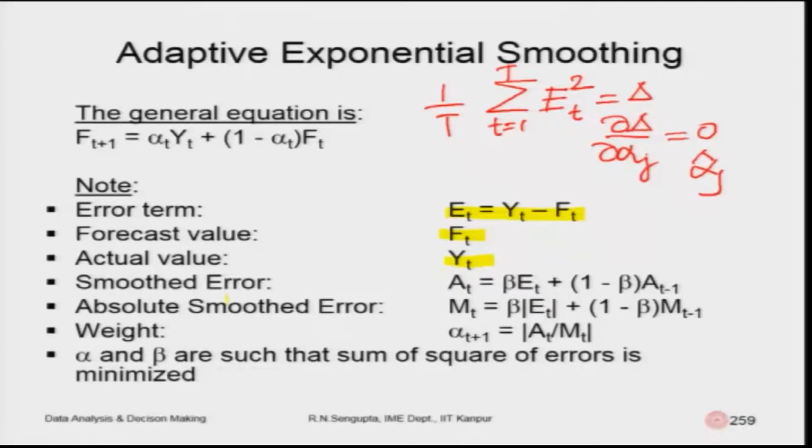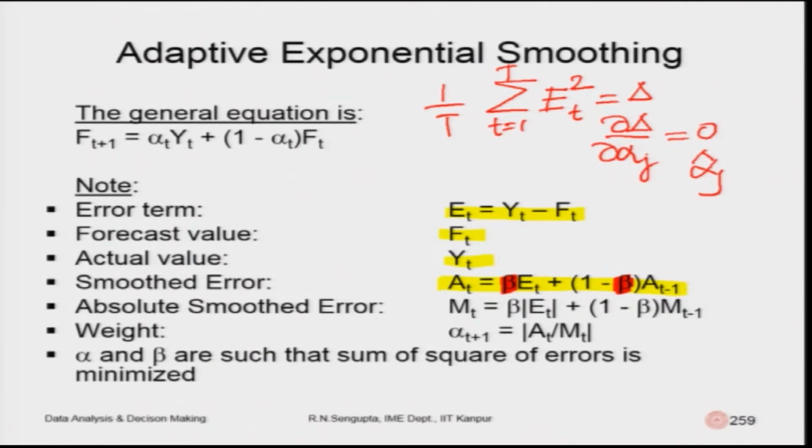That means, it is basically acting like a so called not damping effect, but basically trying to bring down that fluctuation to an average value. So, that means you know the trend as well as seasonality if they are there. So, A t is the smooth error. So, this is given, and here for the first time we find out there is another constant which is beta,